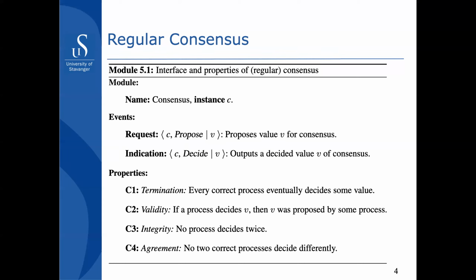The first protocol here is regular consensus. Remember, we have the code word "regular", which we talked about before. When it's regular, we are only considering correct processes. So regular means that now we are only worried about those processes that are correct. This is the module description here,